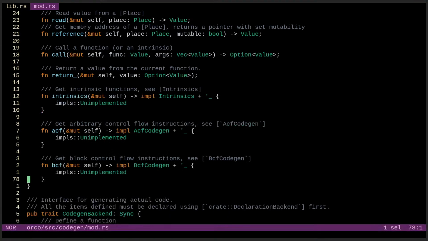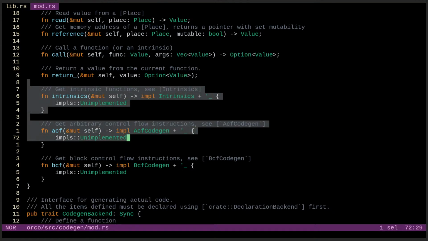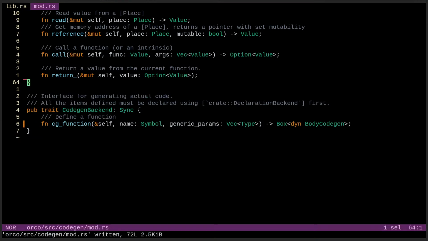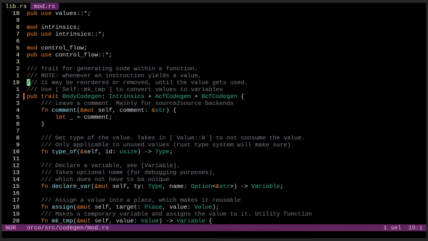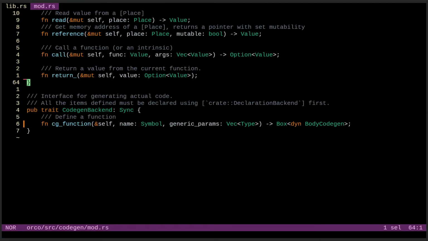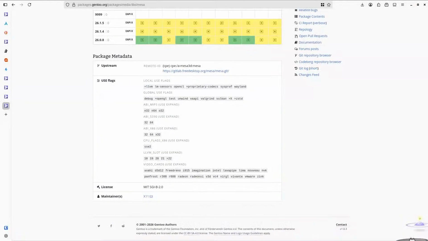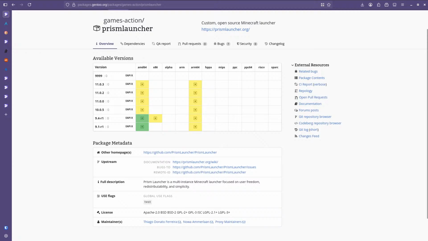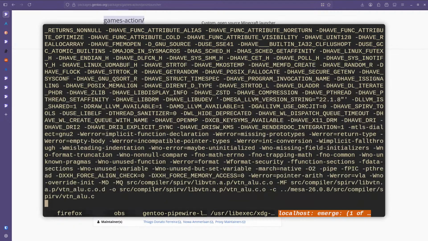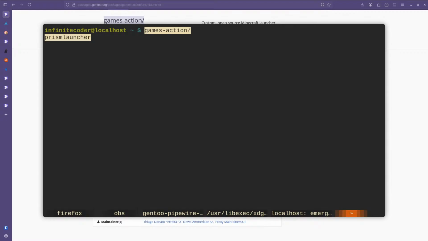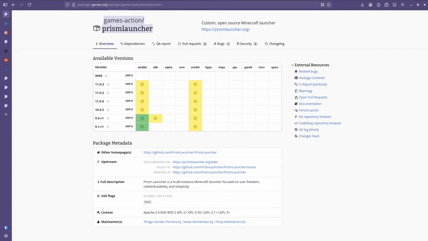Wait, reload. This has been formatted. I really miss my caps lock remap. Also, since we're compiling, and since we're on 14 FPS, that's a lot, might as well just install this. I'm curious if compiling the launcher. Wait, does that mean I'm going to compile the JVM? Hold on. Okay, are there open source JVMs?